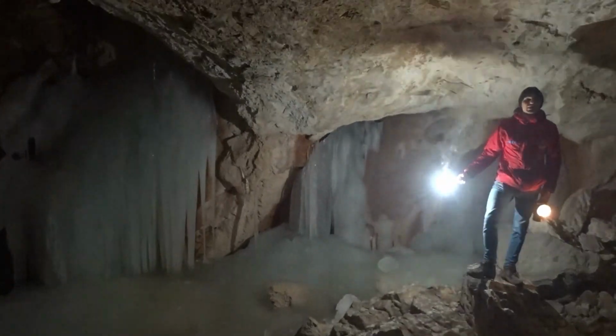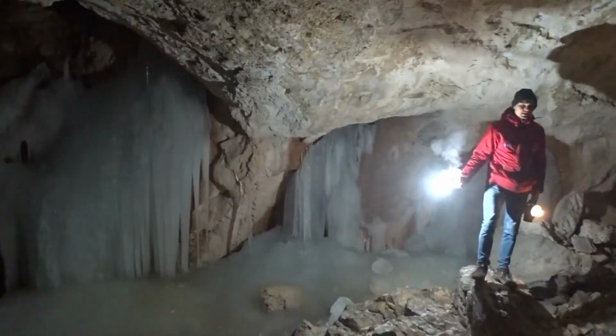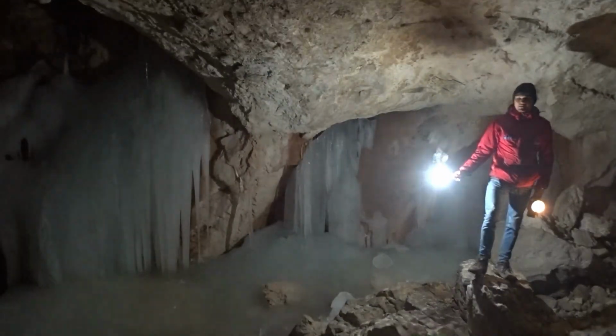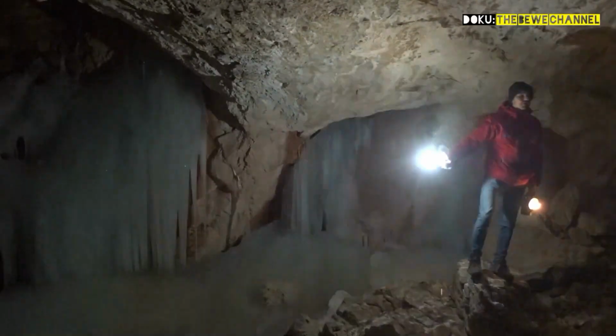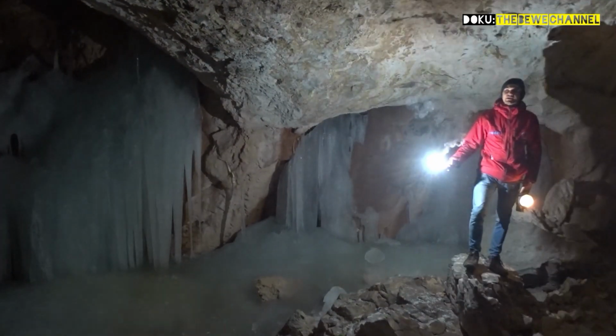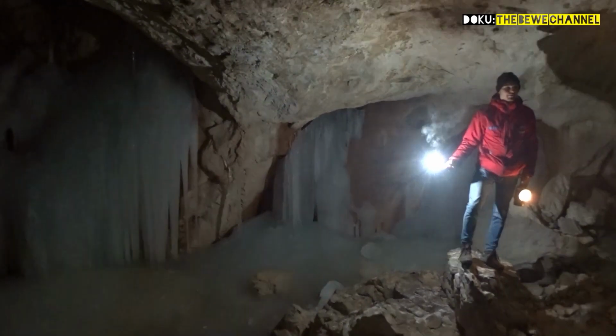Wind speeds of up to 90 kilometers per hour may prevail here. So, really strong. In winter, the whole thing turns around. The complete opposite happens, then we leave the door open. The cold air from outside can then enter the cave, which cools the stone down to minus 10 degrees,